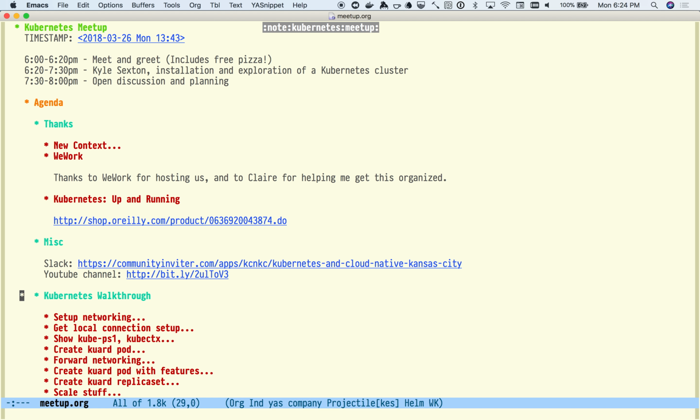So without further ado, I will get started on the walkthrough. Any questions before I get started? How far are you? You running Kubernetes? So yeah,